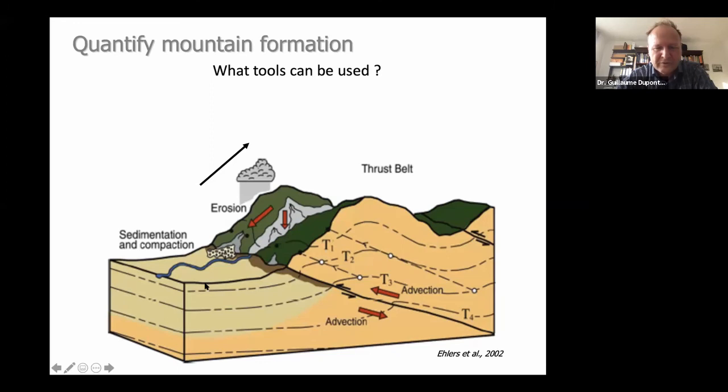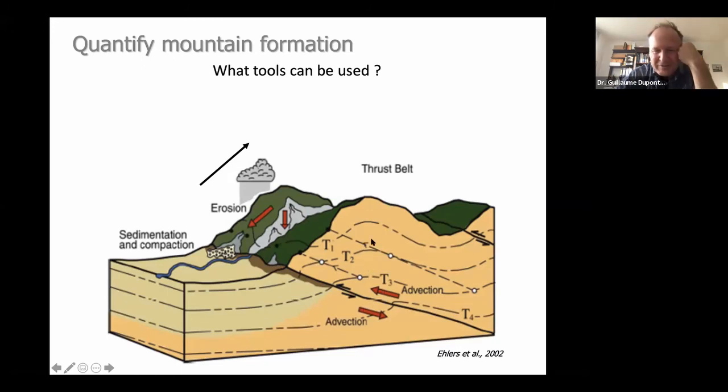One big topic we will cover in the following classes is how the sediments actually record the deformation and the formation of the mountains. You also have some sediments coming from the mountain that you find in the sedimentary basin that will tell us when they have been going up. Okay, this is one way to do it. The other way is to go to the mountains directly, and in the mountains you also record when they were uplifted.